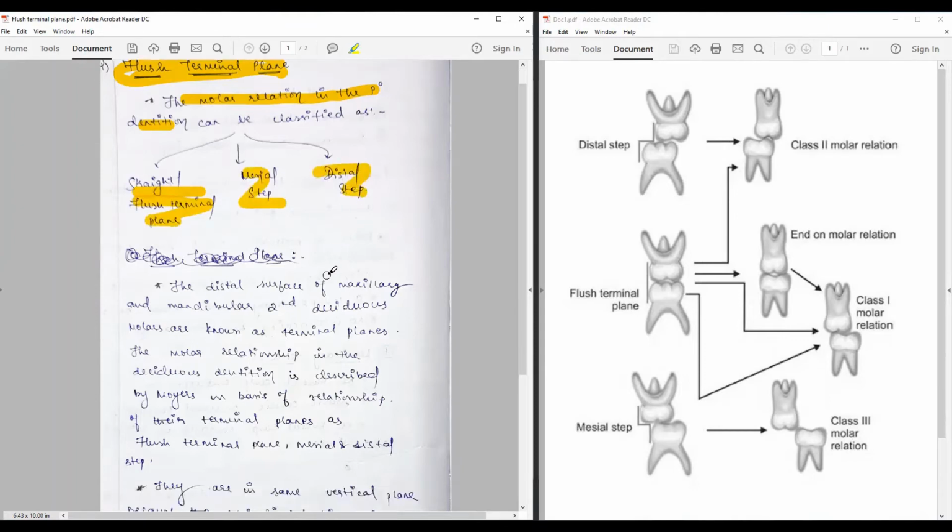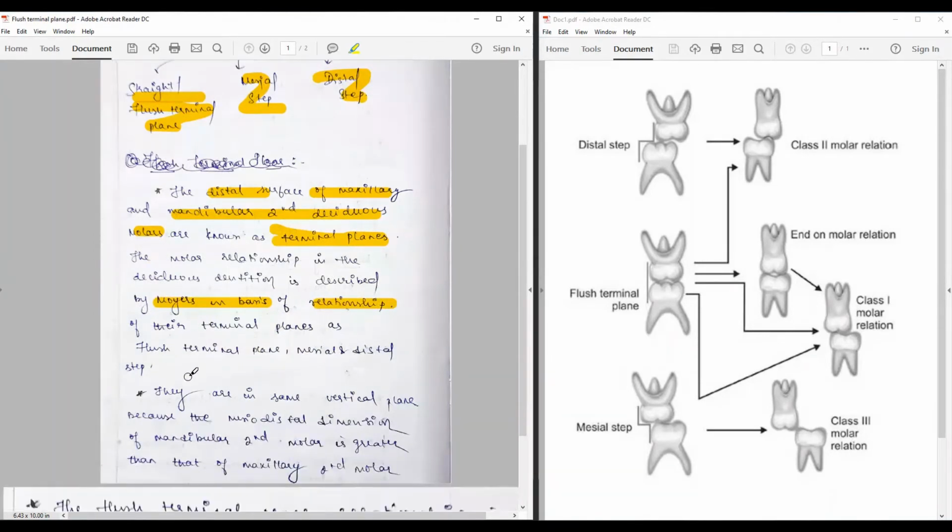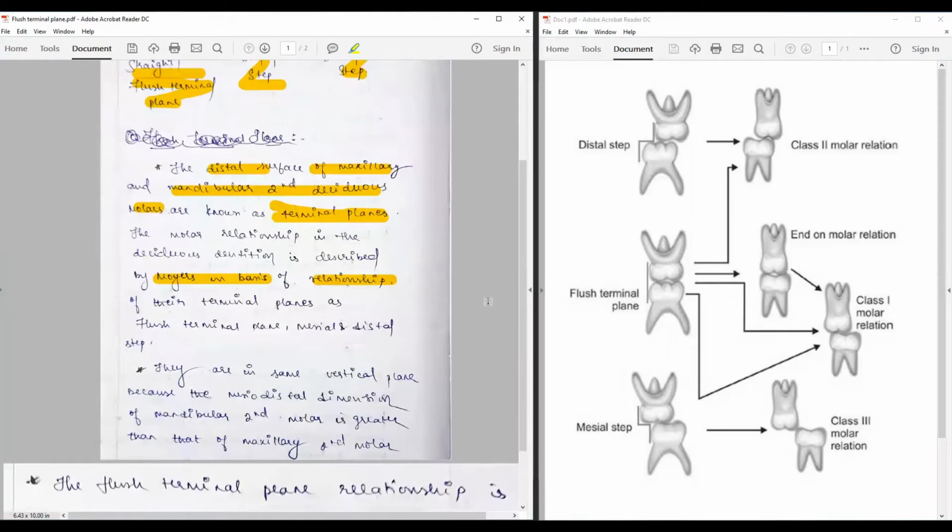What do we see? Second point, the distal surface of the maxillary and mandibular second deciduous molar relationship is known as the terminal plane. The relationship, how the form and the molar relation can be described, was described by Moyers and Baume on the basis of this relationship. They are in the same vertical plane,